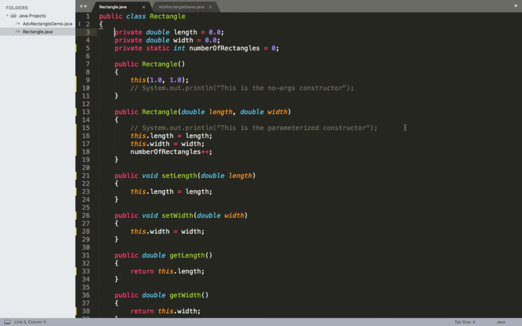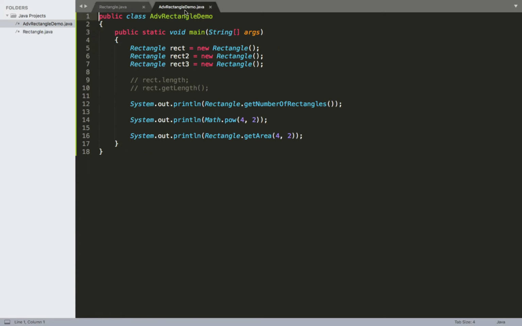Alright, so in this video we're going to take a look at the ToString method. To get an idea of what the purpose of this particular method is, we first want to take a look at what happens whenever we try to access the objects that we're creating from our classes. So whenever we make something like a rectangle object, say rect, rect2, or rect3,